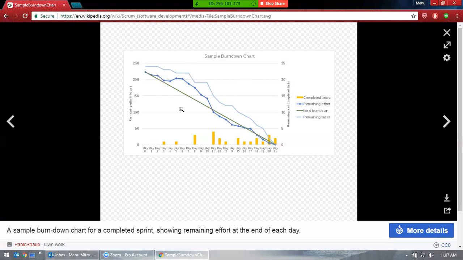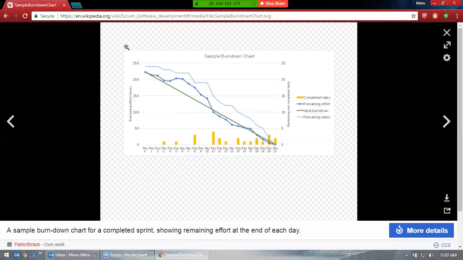All this work of printing it out and sticking it on the walls requires a lot of effort, and the Scrum Master cannot work on this because the Scrum Master has other jobs to do. So that's the reason in Rally this graph automatically gets plotted for you. You don't have to do it manually anymore.